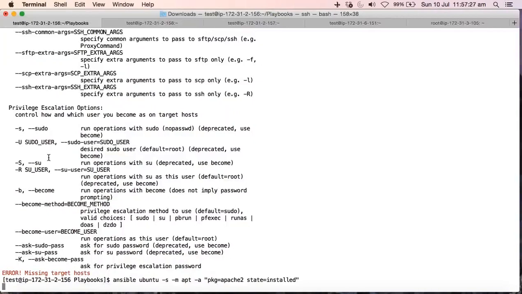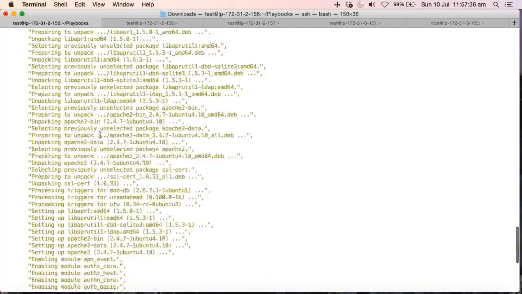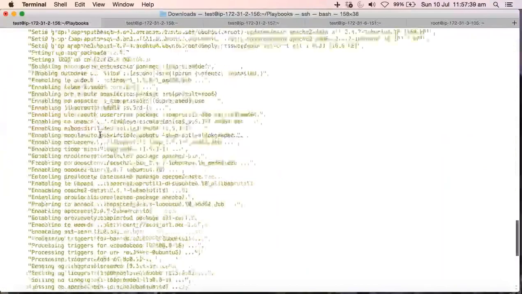This is going to install Apache 2 in my Ubuntu machine. It's going to take some time. Yeah, it's installed Apache 2 in my Ubuntu machine. So if I want to verify, just go type